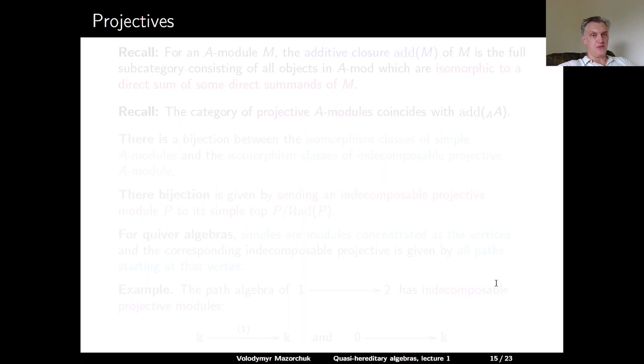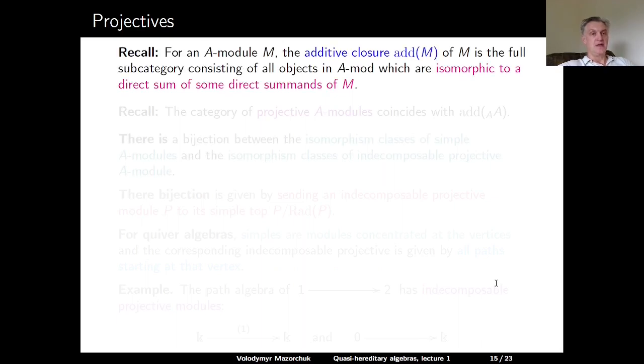Now we can talk about projective modules. Recall that for any A module M, and we always talk about finite dimensional modules in this course, the additive closure of M, denoted ADD of M, is the full subcategory of the category of all finite dimensional A modules, which consists of all objects in this category which are isomorphic to a direct sum of some direct summands of M. Now we can state that the category of all projective A modules coincides with the additive closure of the